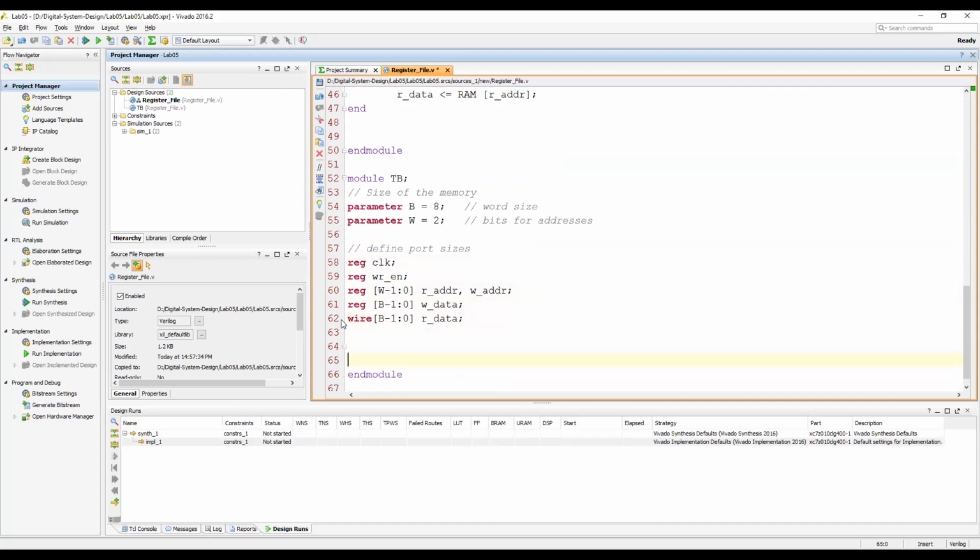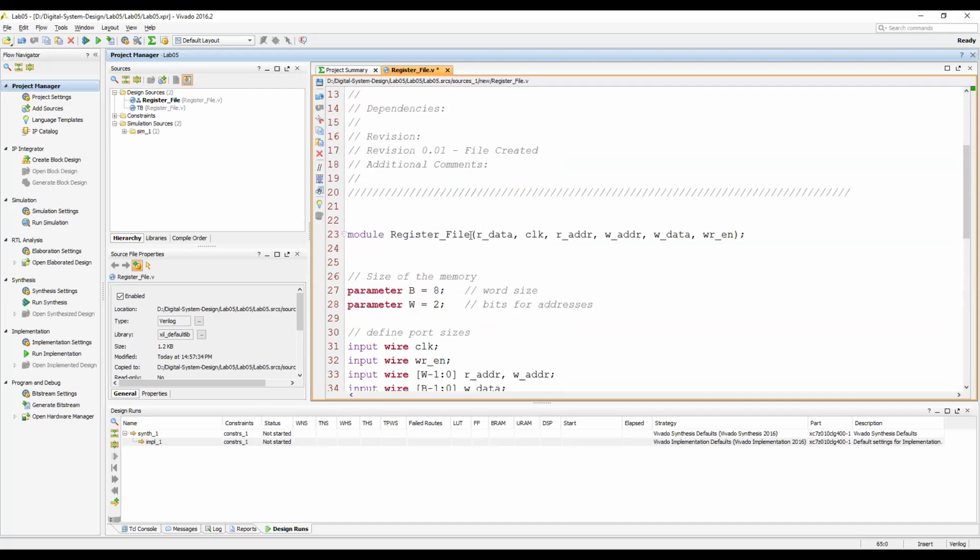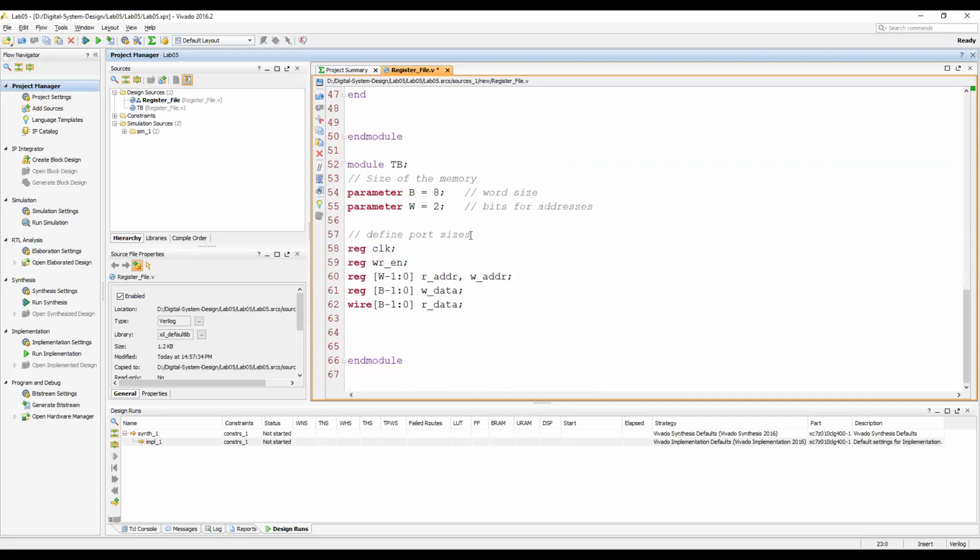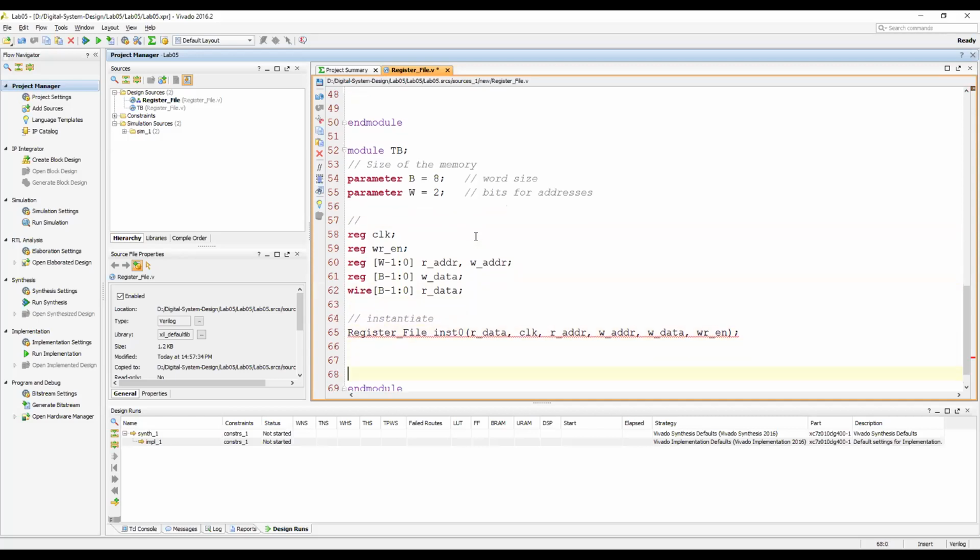So first of all, we need to instantiate this module. So first of all, let's instantiate. Okay, so the instantiation is done.